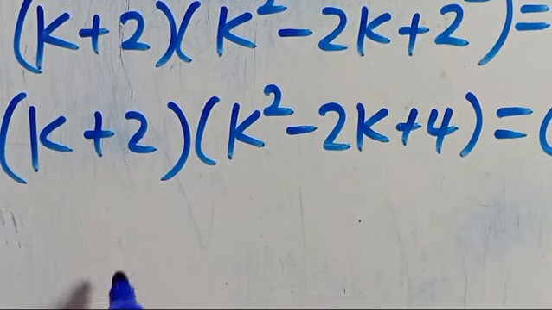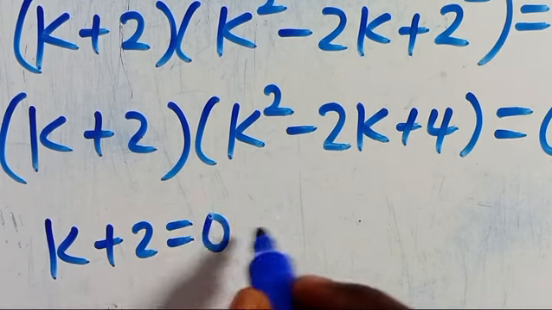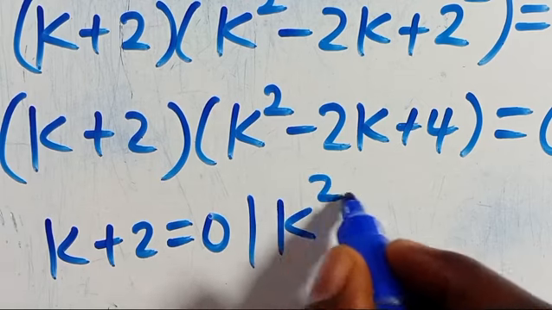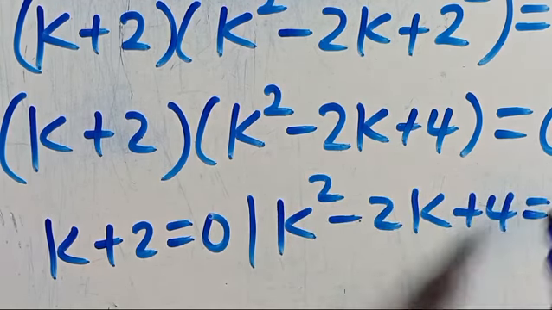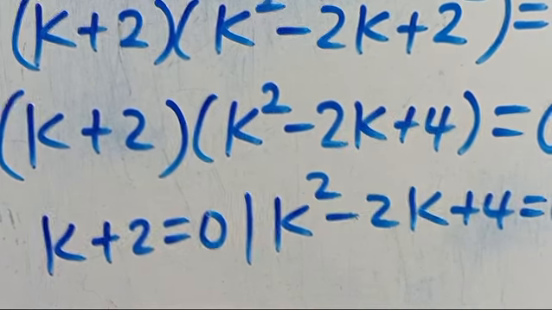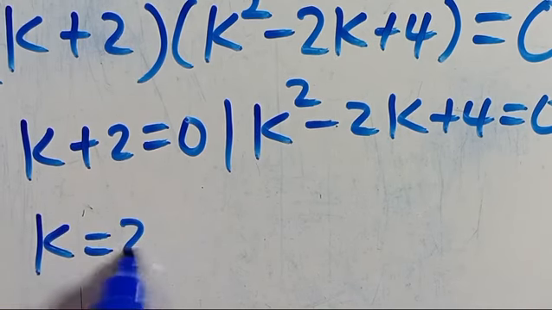So for this expression to equal 0, we have k plus 2 equals 0, or we have k square minus 2k plus 4 equal to 0. This implies that we have k equals minus 2,